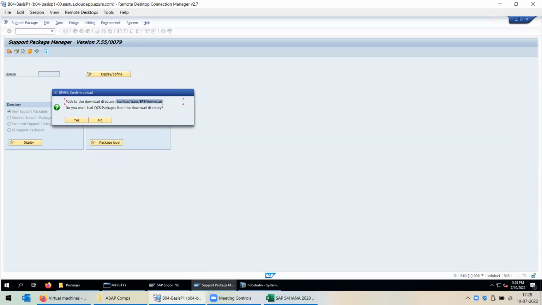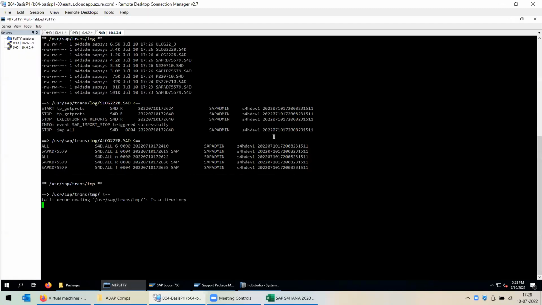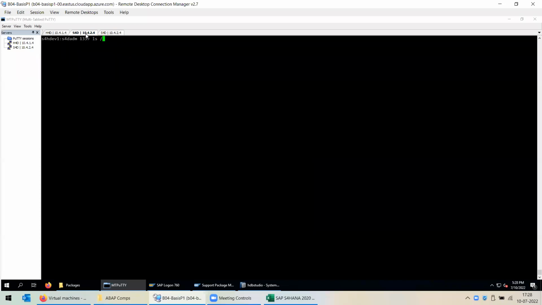Copy it into this location. If you go to the OS level, ls /usr/sap/trans/EPS, you will not find the download directory over here. So what you have to do is create that directory, and where you have your packages,